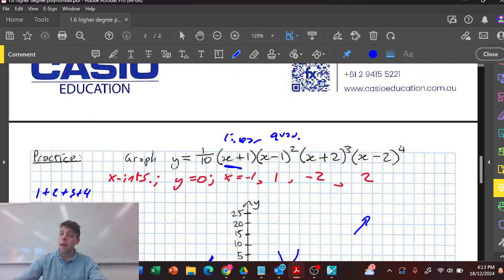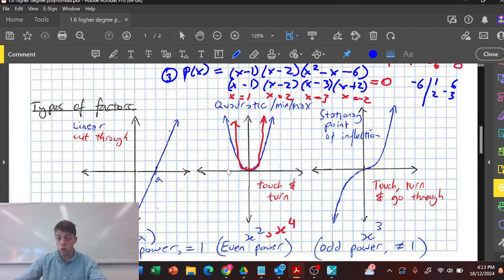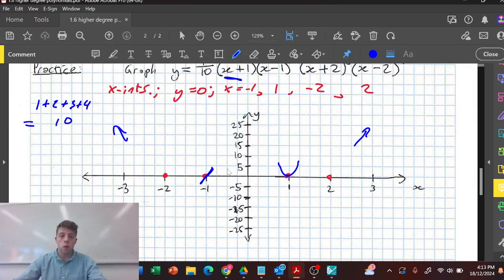So again, that's when x is equal to -2. And this is one of those touch, turn, and go through types, what we call a stationary point of inflection. It's a power of 3, or an odd power. So when we look over here at -2, we know that it's going to look something like